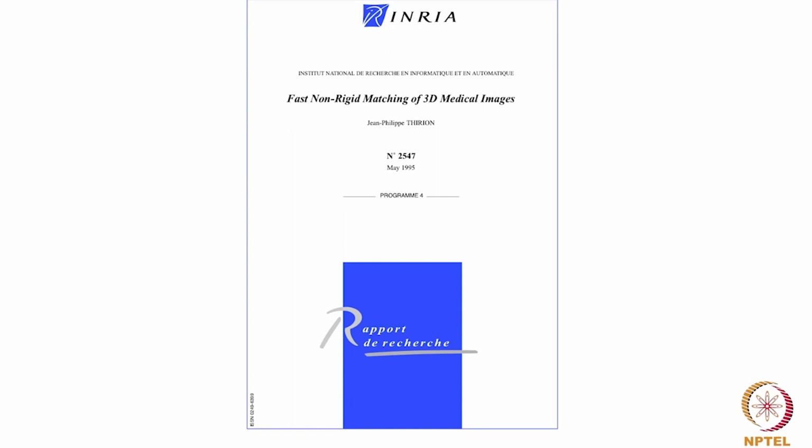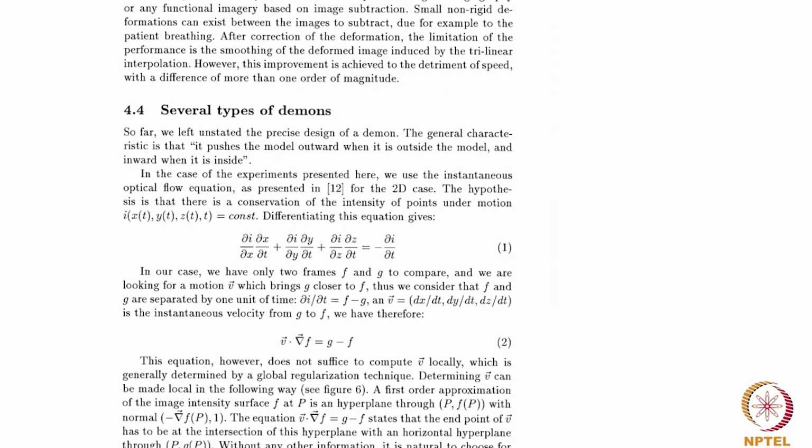So we will actually look at how the deformations are computed first, and then we go back to why this is called the Demons registration algorithm. Okay, so in this paper, in the section 4.4, this is actually a report. We are going to look at something called the optical flow, based on which the deformations or individual pixel deformation fields are computed. Okay, so if you consider an image I,